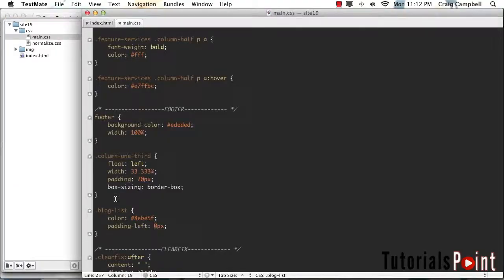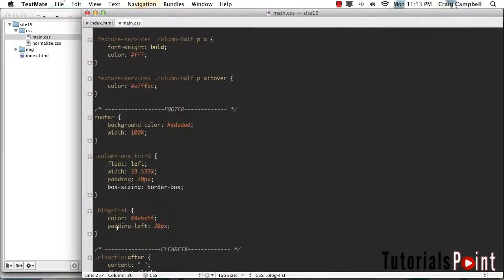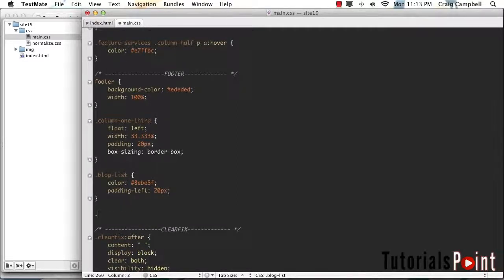So using a value of 20 pixels instead of 0 gets us there. So we'll save that again and refresh, and that looks a lot closer to what we're going for. Then I want to point to the anchor points within that unordered list and style them. So we're going to get rid of that underline, change the color, and set our font weight to a bold font. So let's jump back into our code, and we'll skip a couple lines and create a new rule for